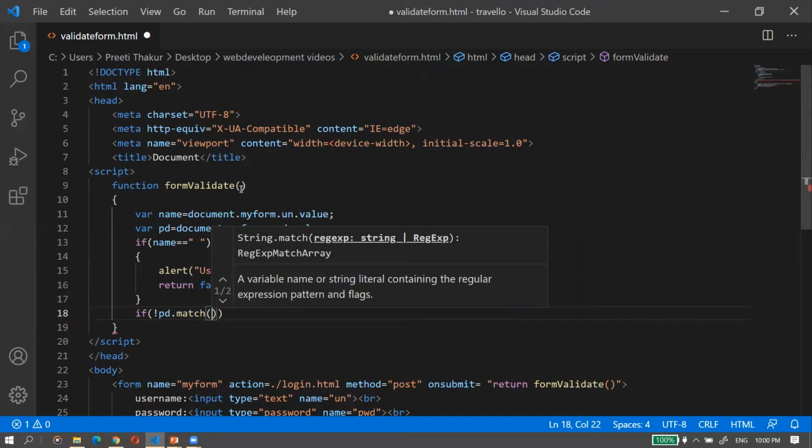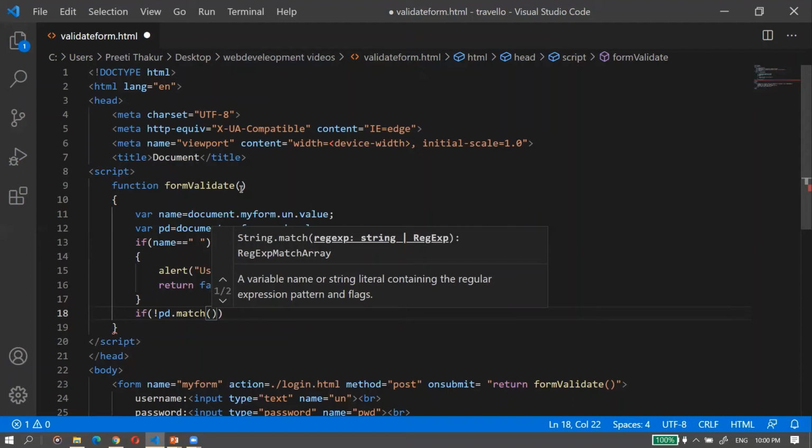So the regular expression here I am giving just to check a password which is 8 to 16 characters, which contains only characters, numeric digits, underscore, and the first character must be a letter. So this type of regular expression I am giving, you can make a change to it according to the rule you want to apply, right?